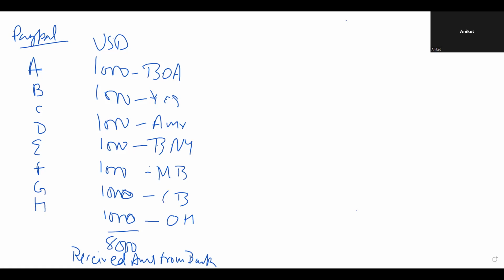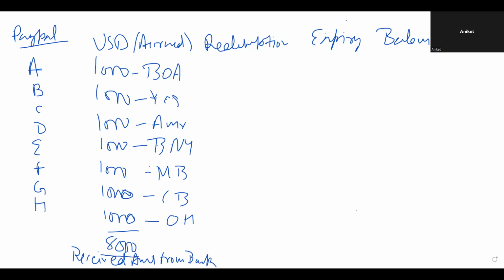And now out of this 8,000: redemption, expiry, and balance. This is what PayPal needs to maintain. These are points incurred, accrued, for which they have received $8,000 from the bank, right?